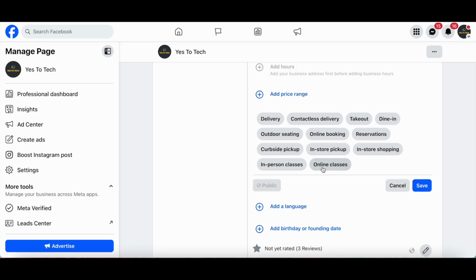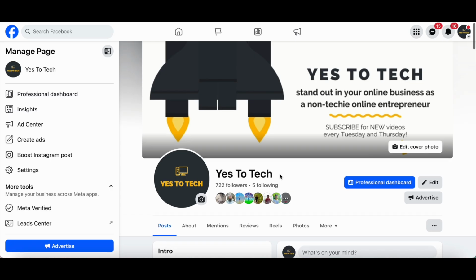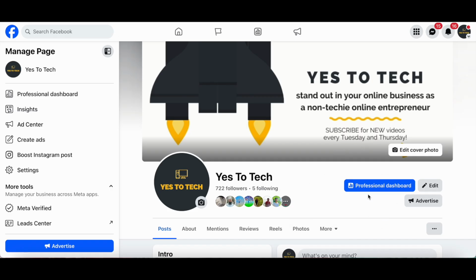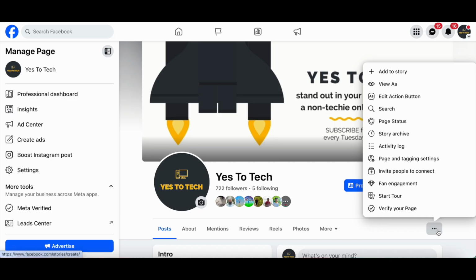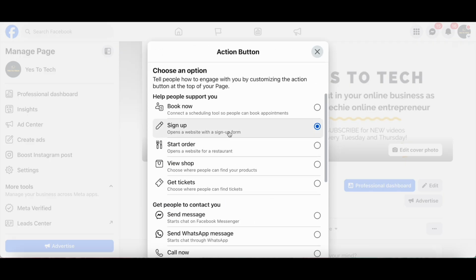Now let's add the most important part, your call to action button and page tabs. This is the action you want people to take. To optimize the action button of your Facebook business page, click on these 3 little dots, and then click on Edit Action Button. In my case, it's set up to sign up, and then it's linking to a specific website address. If you wish to edit that button, click on Change Button at the bottom, and then choose an option